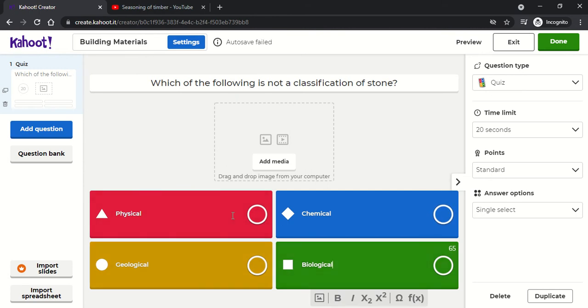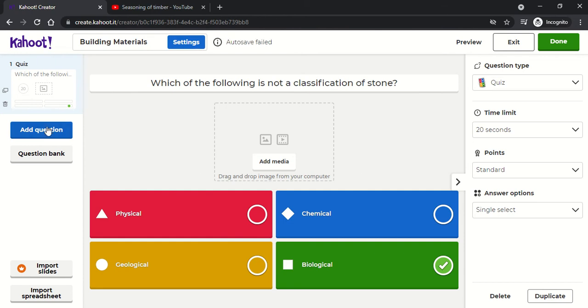So out of this, now you should select which is the correct answer. Okay, so here the question is which is not a classification. So biological classification we don't have, so this is the correct answer. So here you can see a circle. Which is the correct answer? You please give a tick on that. That's all. And now your first question is done. It's officially done like this. If you want to change the time, click here and change the time. So this is the very fast way how you can give a question.